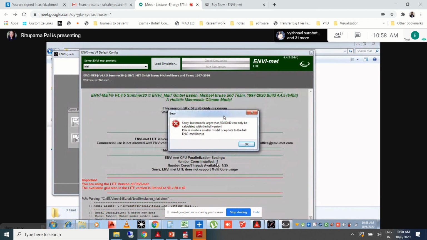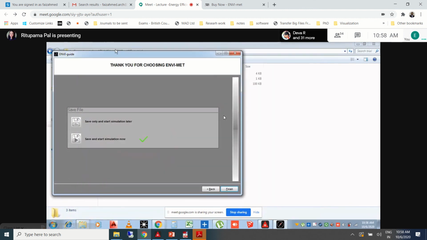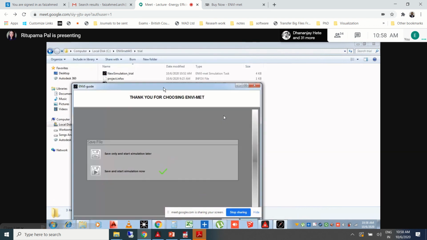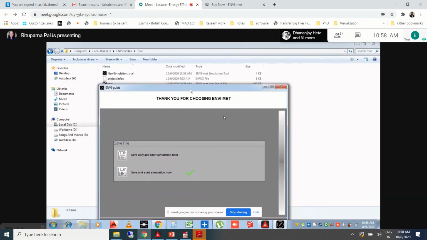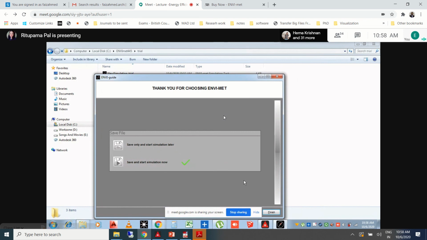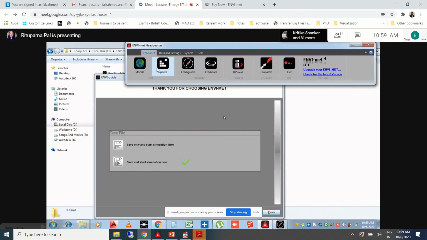Yeah, last time I was also getting this particular message, where it shows that 15 to 40 can only be calculated. No, the grid size is bigger than allowed. That's why it is not accepting. Yes, sir. The grid size is bigger than allowed, and I tried in a previous model also where this grid size can be changed. So here under model settings,